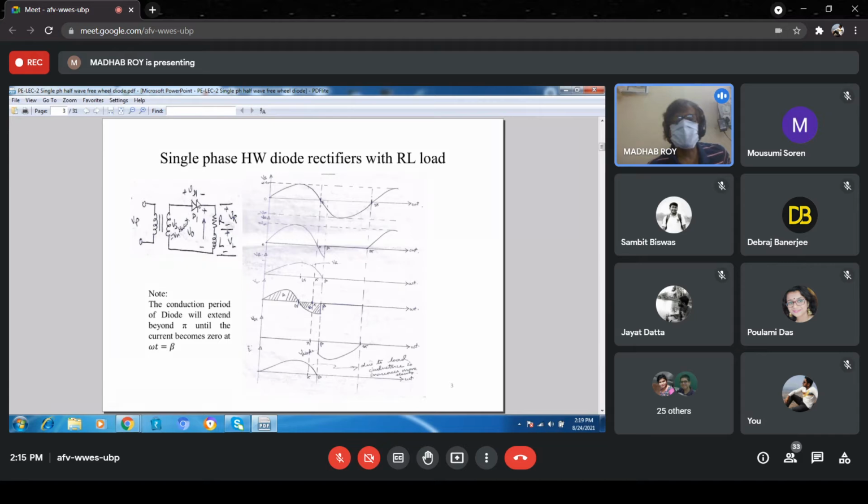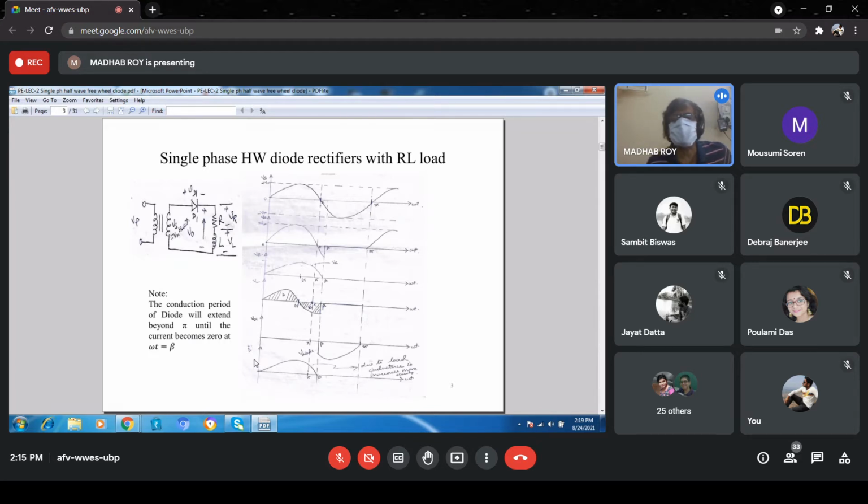For the entire diode voltage, up to beta the voltage across the diode is ideally 0, and when it stops conducting, this voltage will follow the source voltage, Vs, which will be the negative half cycle voltage like this. So this will be the pattern of the voltage. And the current, as I have already told, will be a replica of the voltage across the resistance. So this will be the circuit current.